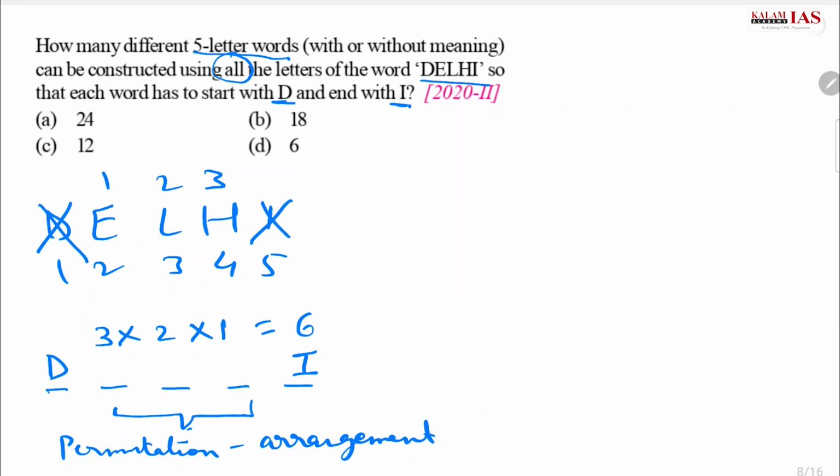इसमें फॉर्मूला लगाने की कोई ज़रूरत नहीं है, we have to just apply logic कि 3 possible तरीके हैं। पहले जो प्लेस है उस पर 3 लेटर आ सकते हैं, दूसरे प्लेस पे 1 लेटर जा चुका होगा तो 2 लेटर आ सकते हैं, और तीसरी प्लेस पे सिर्फ 1 आ सकता है, यानी 6 possible ways हैं।